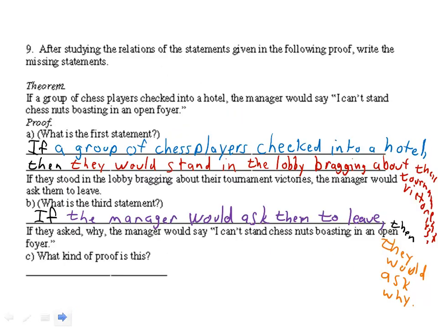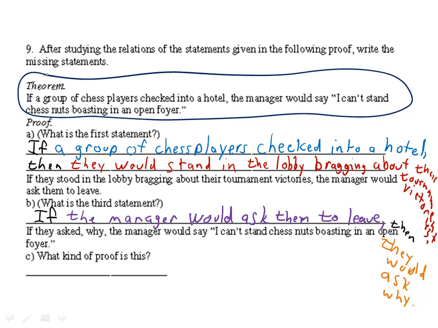Number 9. After studying the relations of the statements given the following proof, write the missing statements. Here's the theorem right here. If a group of chess players checked into a hotel, the manager would say, "I can't stand chestnuts boasting in an open foyer." What is the first statement? Well, where are we going to get that from? Well, we know the first statement's got to start with the hypothesis of the theorem here. If a group of chess players checked into a hotel,